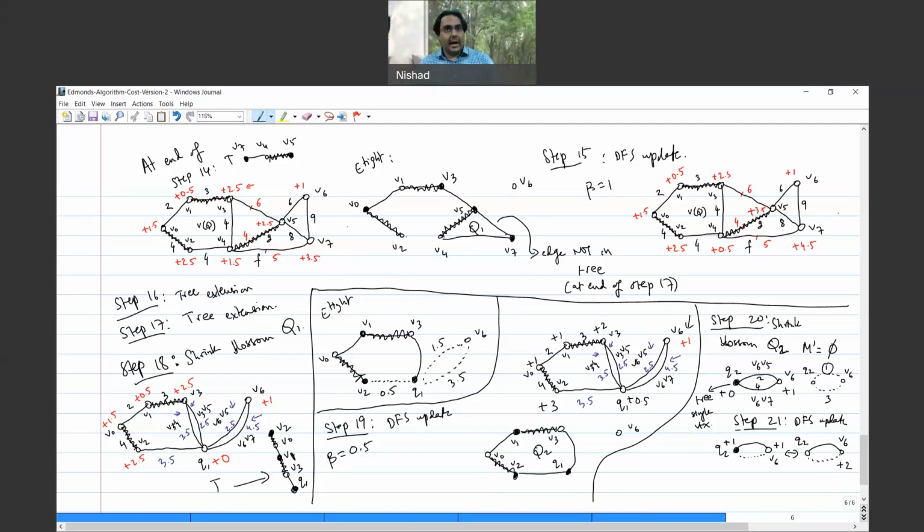So now we have one tight edge, and we basically have an augmenting path because Q2 has an exposed vertex and is joined to another exposed vertex using a tight edge. So it is a single edge augmenting path. So in the next step, which is our last step actually, because the number of exposed nodes becomes 0,